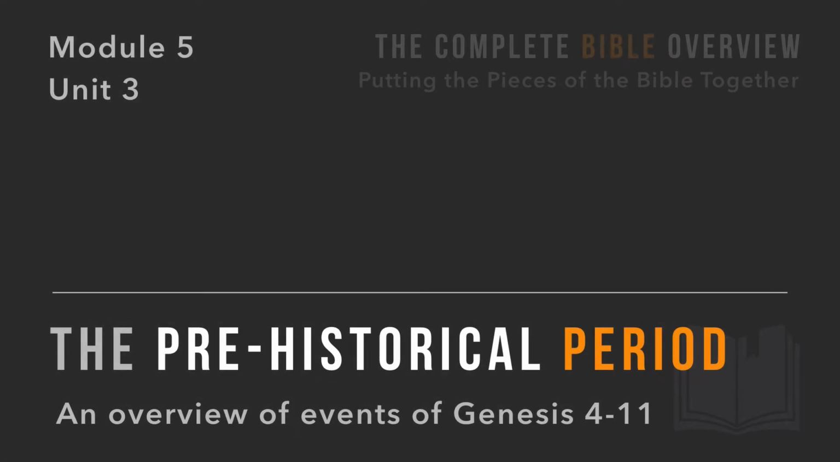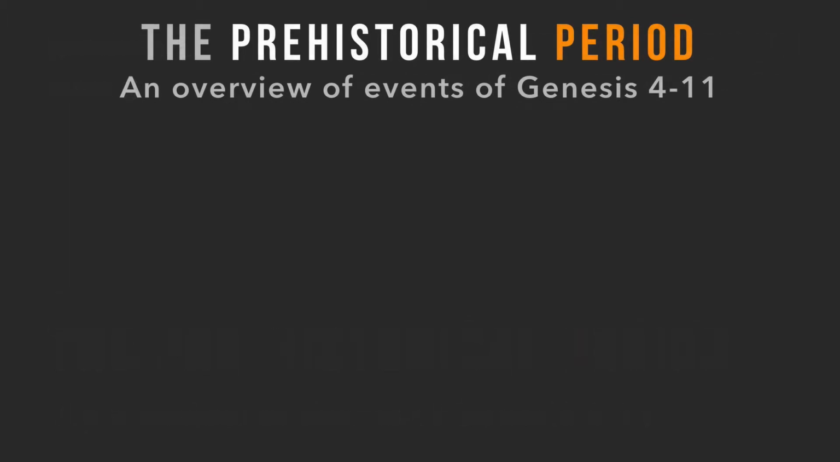Unit 3, the prehistorical period, an overview of events from Genesis 4 through Genesis 11. So what happens during these next chapters in Genesis? A lot of really important stuff happens, and this is where we're going to go next. So let's do a quick overview of what's coming down our timeline as we continue to go